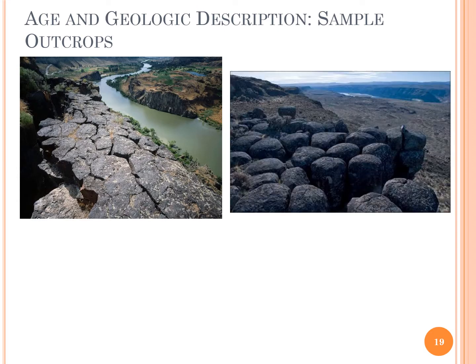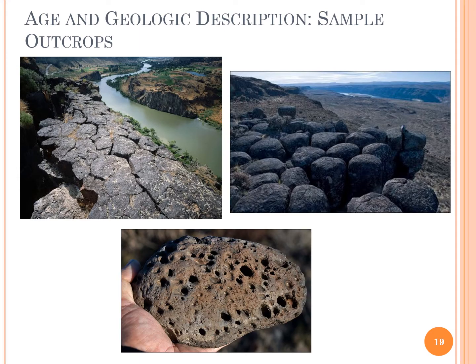Here are also some pictures I added that give you a little more of a description of the outcrops. These columns are very common in Columbia River basalts, and you can see them here from the surface. They have this hexagonal pattern of jointing, breaking the rock apart. The ones on the upper left, you can see that hexagonal shape quite readily. The ones here on the right have more of a weathered top to them. And then, as I mentioned before, some of these